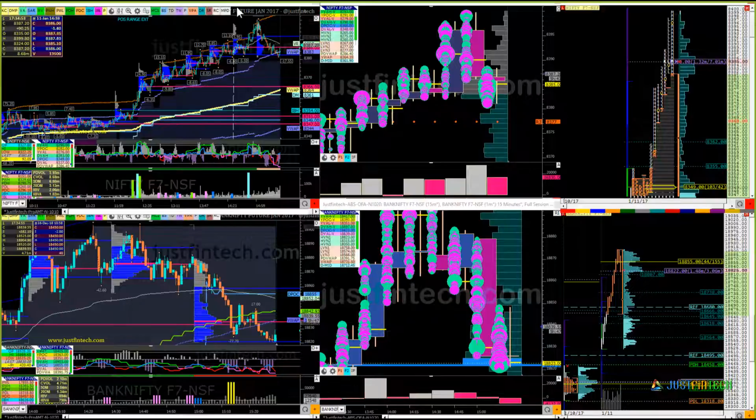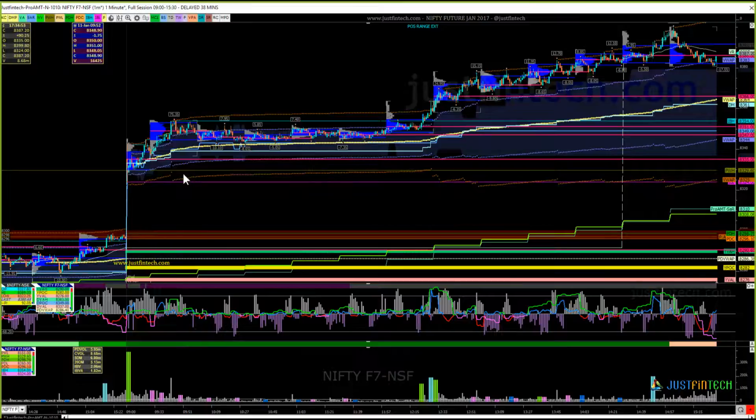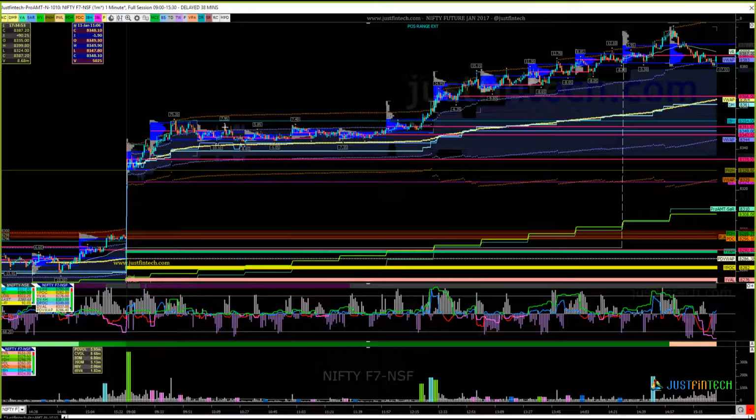Now let's have a look at what happened at the open. So it opens, goes up, and if you can see, first dip in order flow when it hit a high and instantly bought in. Then continuously we have rising order flow. So even though the momentum was gone, it went sideways. If you can see, till here,